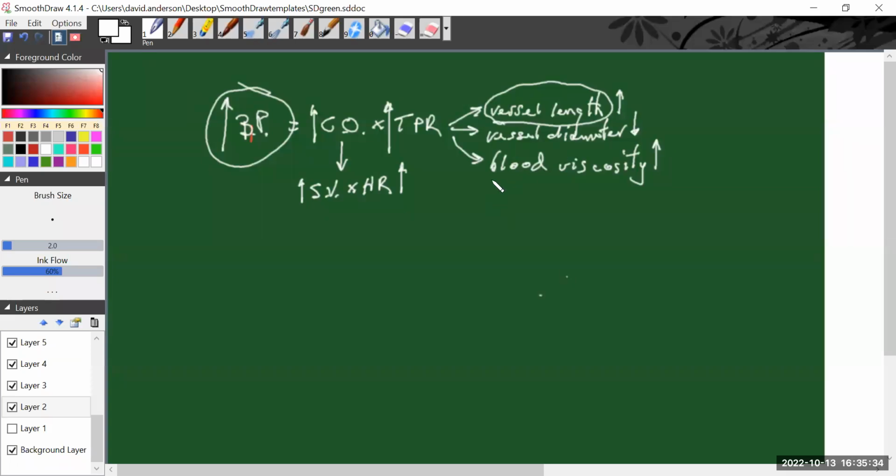So all those things play a role. So when we look at blood flow, these are some factors that we can take into consideration with respect to blood flow. But also we can more generally look at factors that are either extrinsic, meaning they're outside the blood vessel, or they're intrinsic. So when we talk about extrinsic mechanisms that are going to affect blood flow,